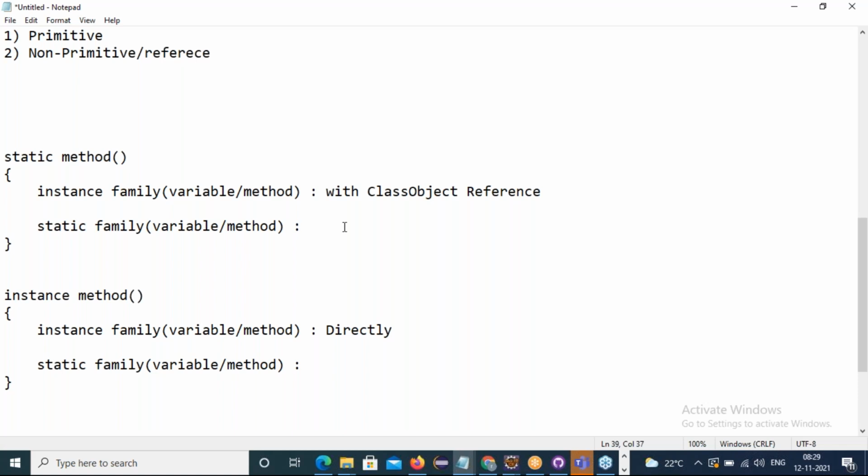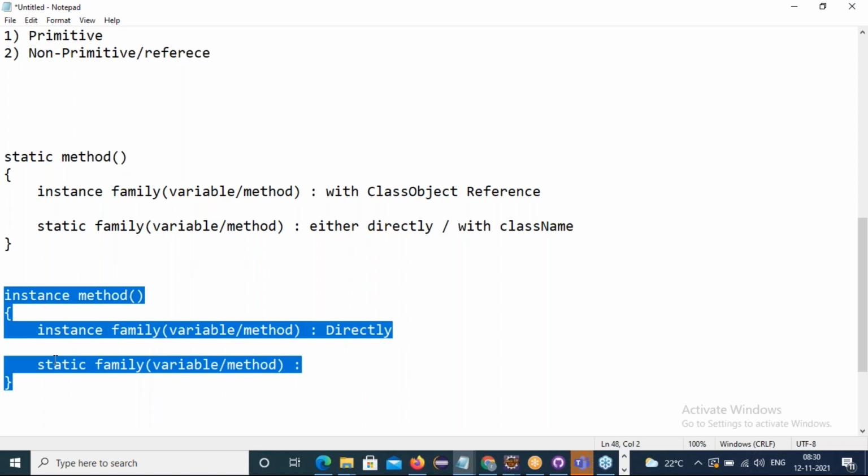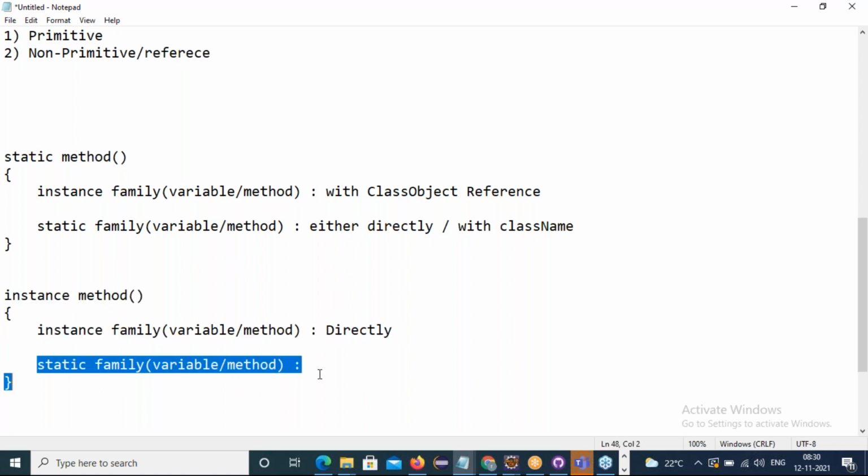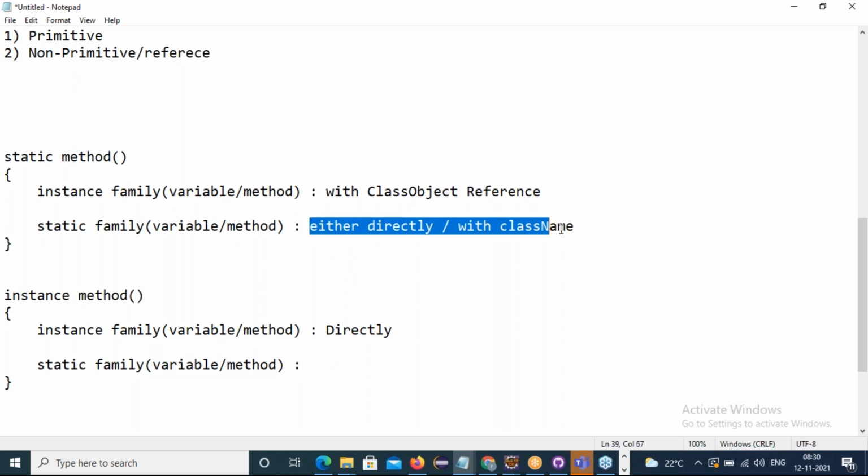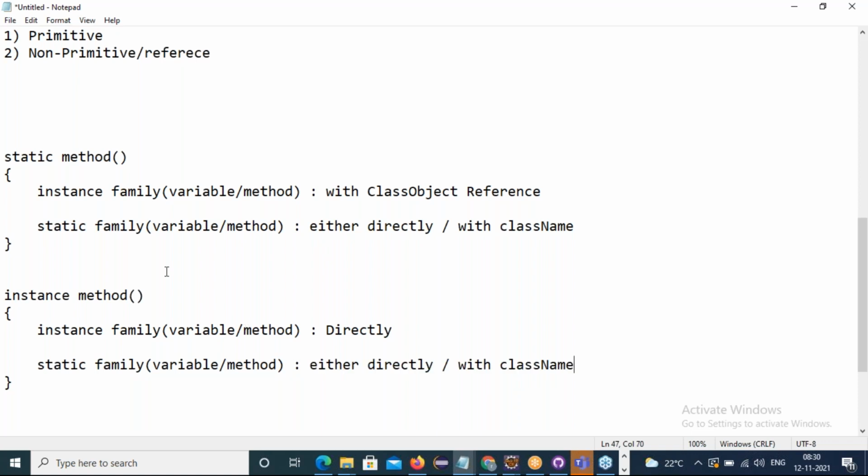Either directly or with the class name. Now come to the instance method. How do I call the static variables and static methods? Same. Either directly or with the class name.